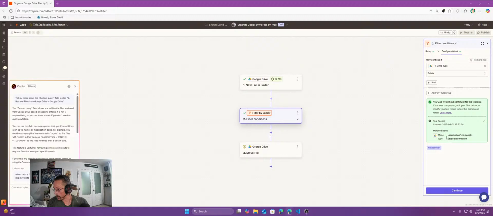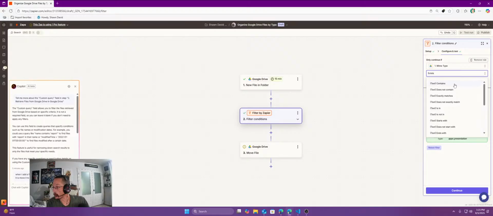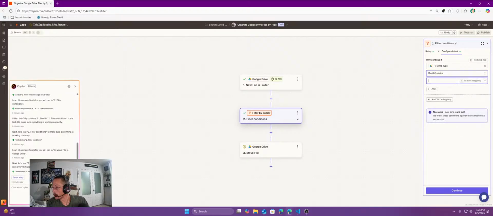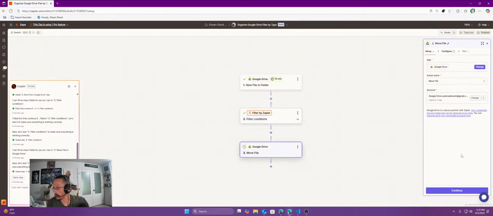So now you see the MIME type is application.vnd.google-apps.presentation. So what we want to do is this. Yeah, good. And then what we're doing is anytime a new file is added that's a presentation from Google Presentations,